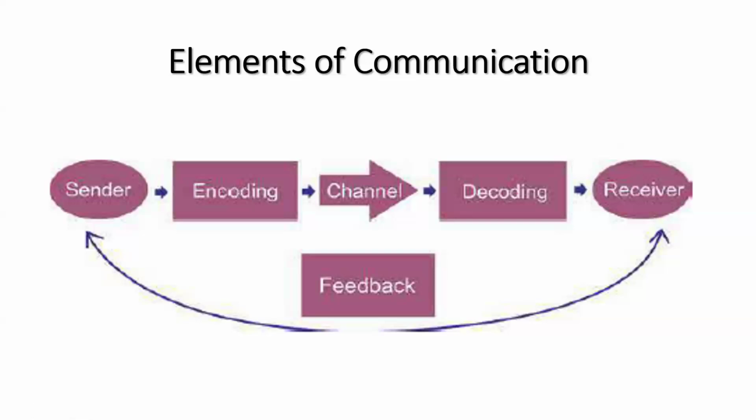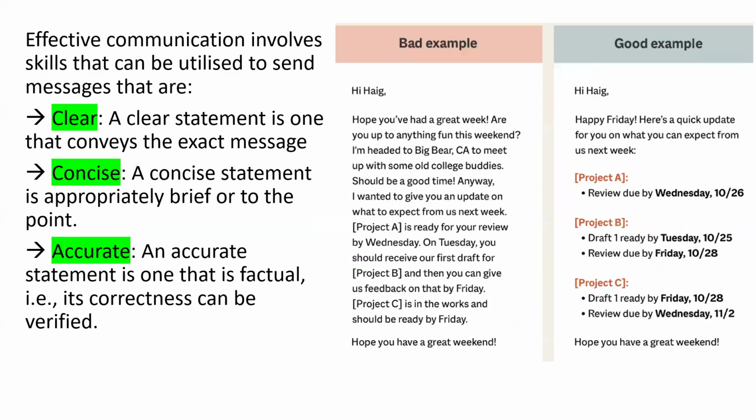Like if I'm using a dialogue interpreter, I'm speaking in English and you understand Chinese. So there's somebody who is changing my language also, right? So that kind of encoding, decoding is happening. And the most important thing is ultimately the feedback, whether the receiver has understood what the sender wanted to say, or he's got a different idea. So my communication is not working fine. That means that, right? So feedback is a very, very important thing in between the sender and the receiver.